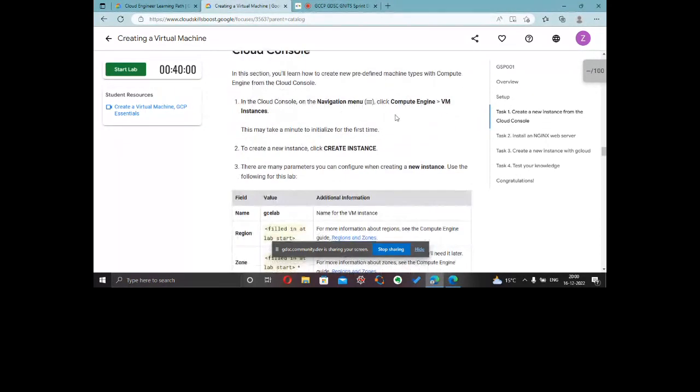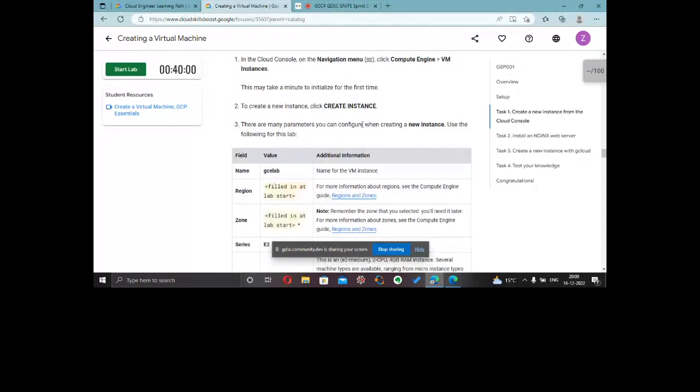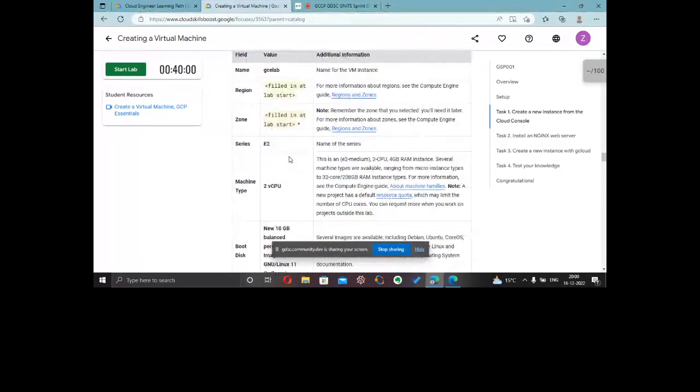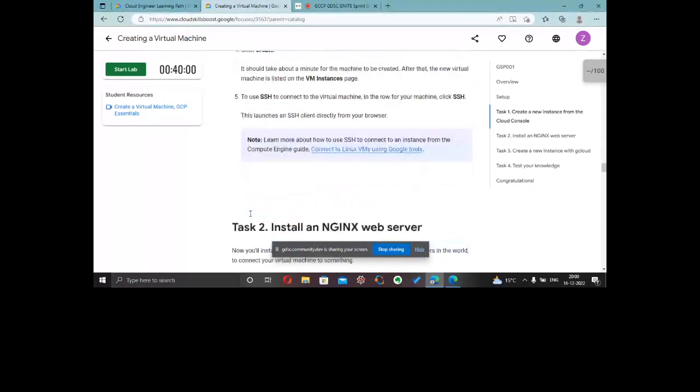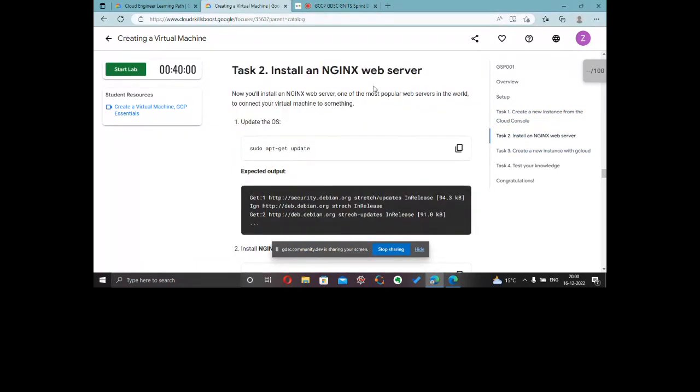And then they're telling us about going to the navigation menu, creating a virtual instance, and there's something about the new instance. You don't need to understand each one of these. And then, like they told, first you'll create a virtual machine instance and then you'll link the web server to the virtual machine. So for that, first you have to have a web server. So we're installing a web server